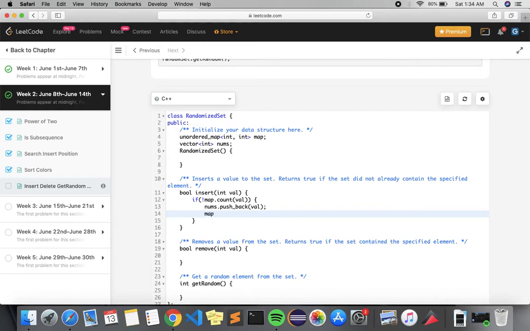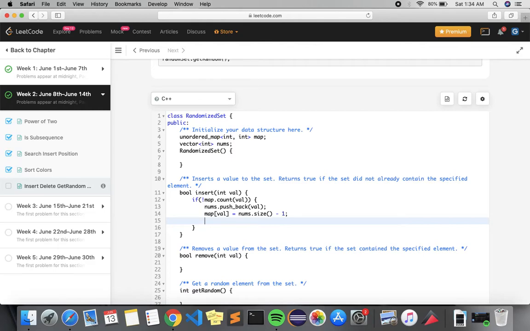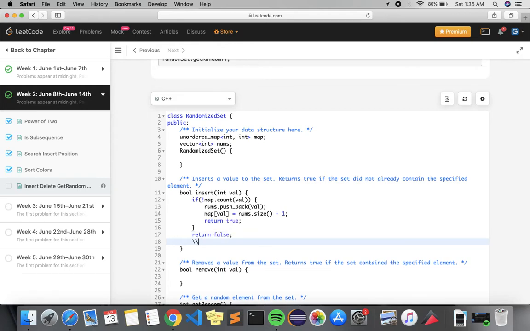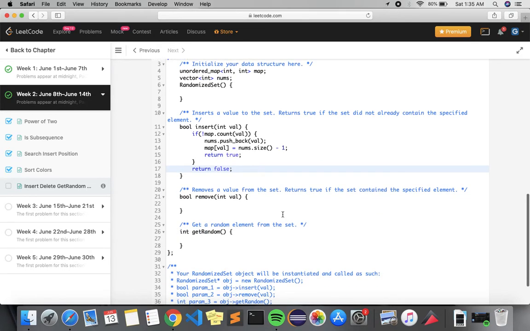So we insert the value at the back of the array, nums dot push_back. The index of this value is basically nums dot size minus one, the last element of the array. Then we just have to return true because it was not present, and otherwise return false. So now we have implemented our insert operation.